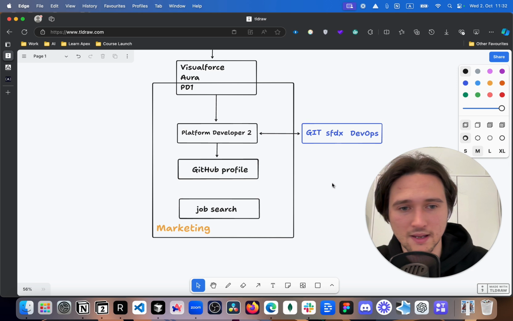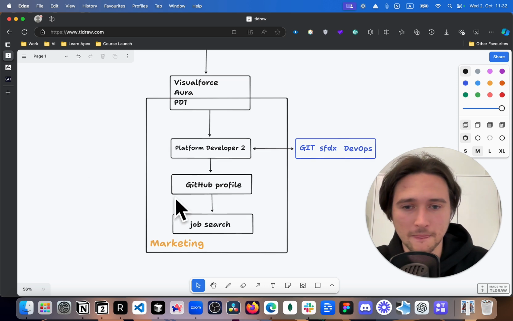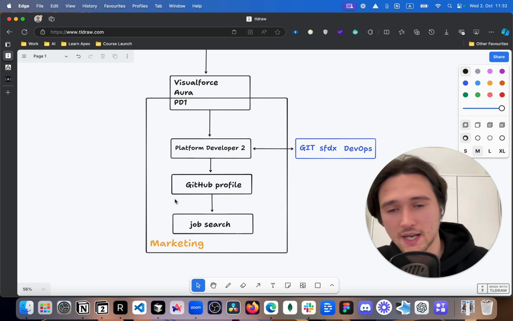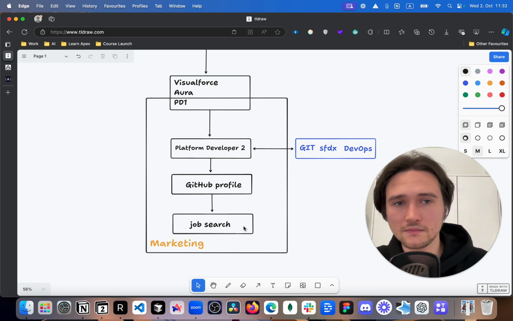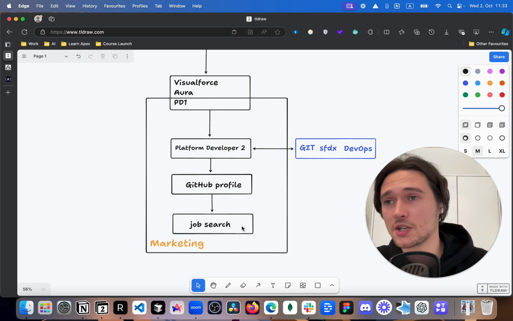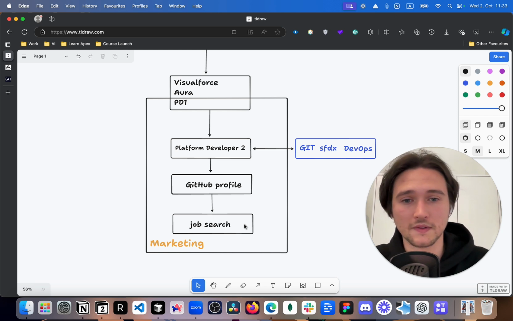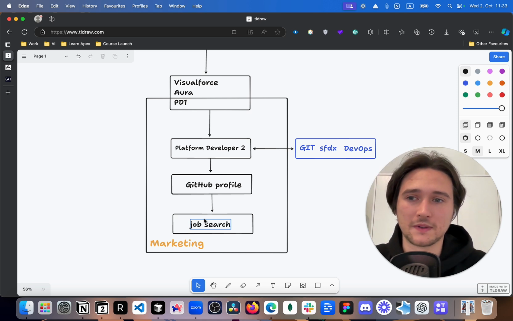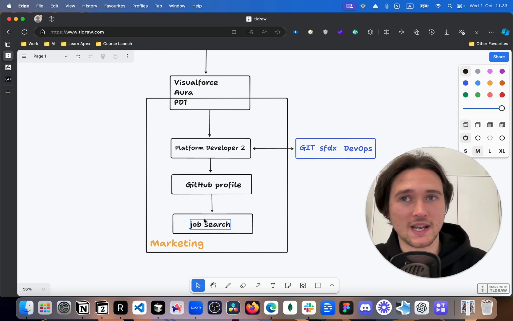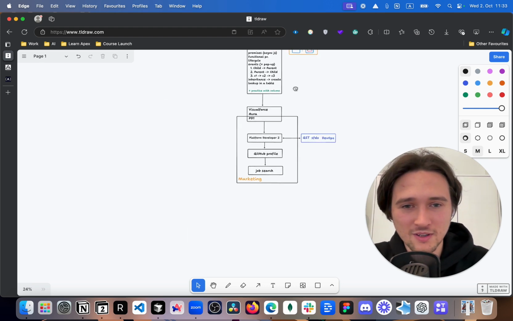This is where I help people as well, but I don't put a lot of stuff there. It mostly depends on you. I can't help you that much there. It's mostly about whether you can handle rejections, whether you can apply for a lot of different jobs, and how you present yourself in the job interview. Usually I don't have that many students actually searching for a new job after my mentoring, because most of my people already work very well in the job that they have, and they usually just get a raise. So this is the whole thing.